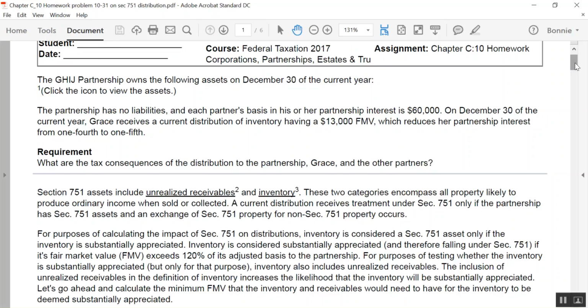So you would add the bases of both your inventory and your unrealized receivables, and multiply the sum of those by 120%. And if the fair market value of the sum of those is greater than that 120% product, then you have substantially appreciated inventory, and therefore your inventory is a 751 asset. Okay,